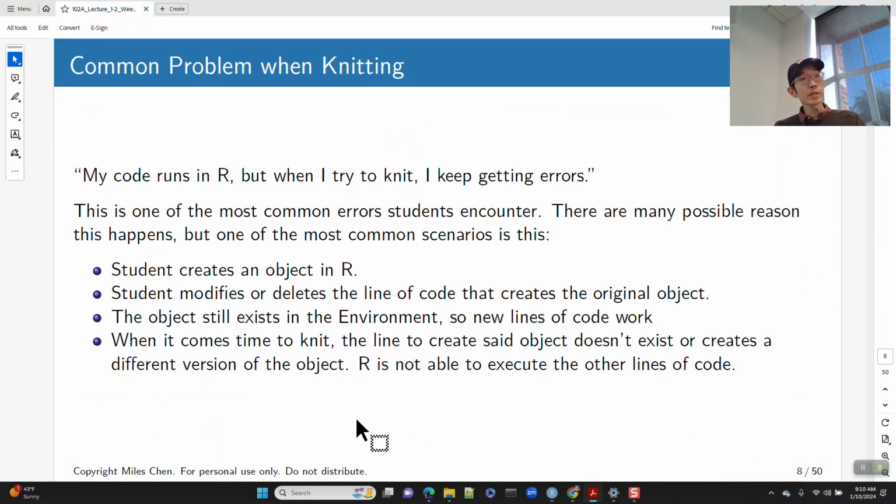So this is kind of a common thing, and if you run into that issue, I would tell you to just go through code chunk by code chunk. Another thing,